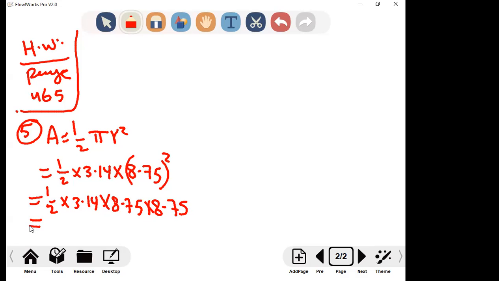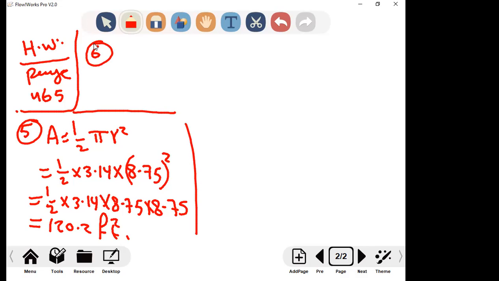0.5 times 3.14 times 8.75 times 8.75 rounded is 120.2. 120.2. The unit is feet squared, right? This is question 5. Question 6 also we have